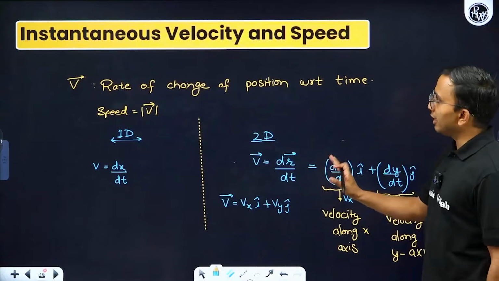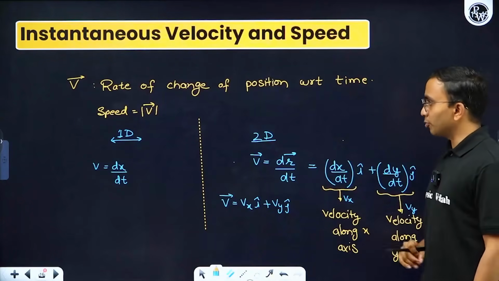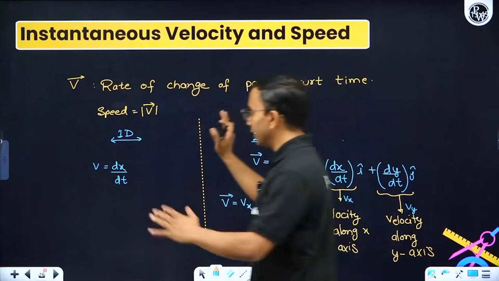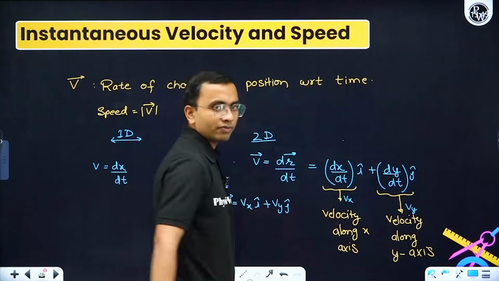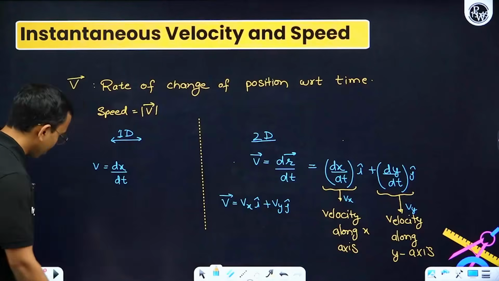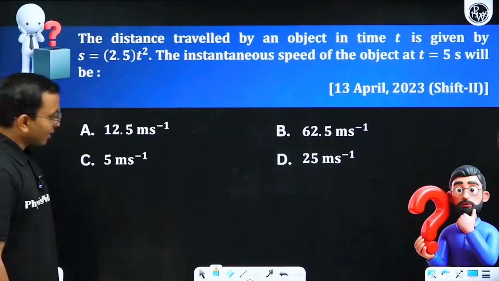Okay, so basically we got that velocity is rate of change of position. If we need to find the speed, take the magnitude of this. If you need to find the speed here also, take the magnitude of the velocity there. That's all. Okay, coming to the questions,